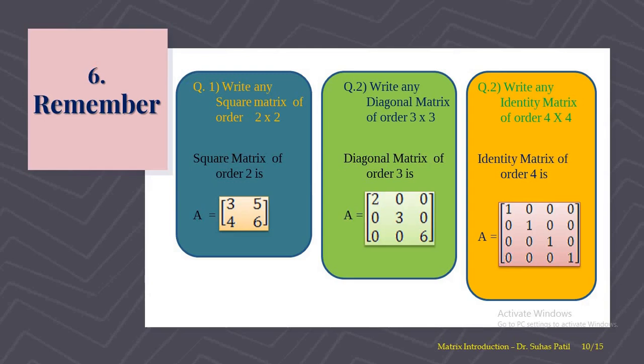We call it a diagonal matrix. Here 2, 3, 6 are the diagonal elements of the matrix, and the other, non-diagonal elements are 0, so we call it a diagonal matrix of order 3 by 3. Then next, if we want to write a matrix of order 4 by 4, then